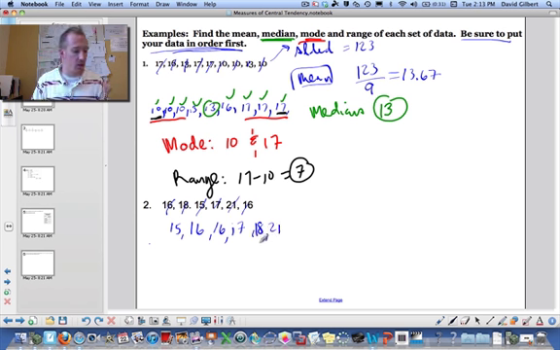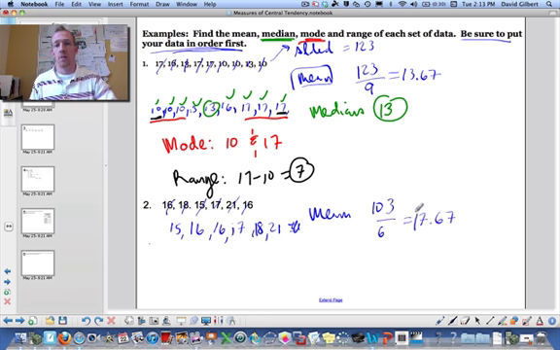Adding those together, we get 103. So that's 103, and there's 1, 2, 3, 4, 5, 6 numbers, so divided by 6, that gives us